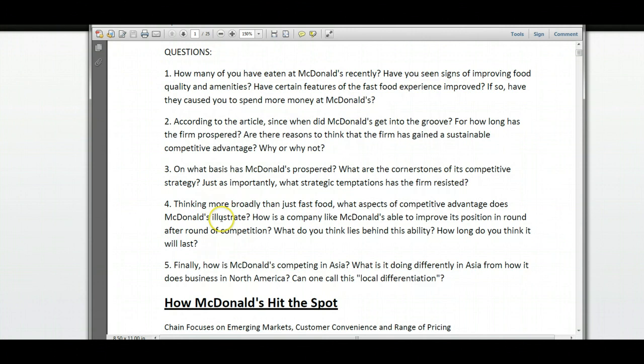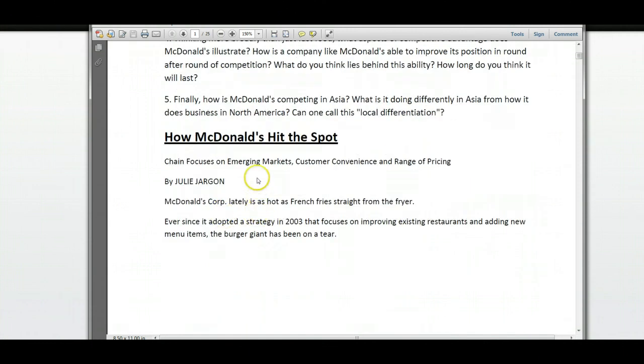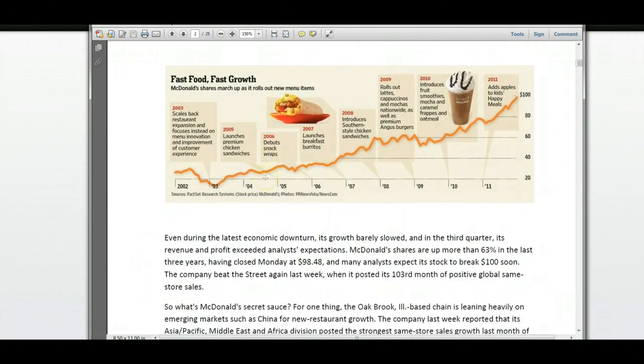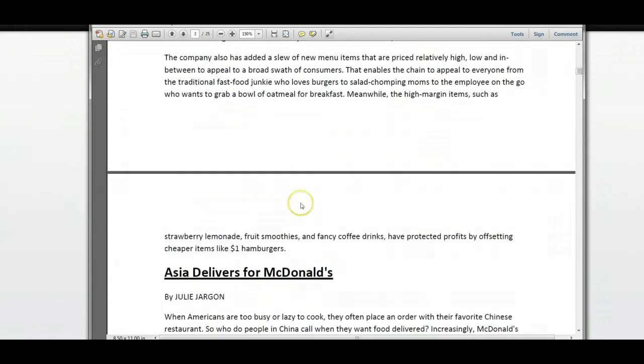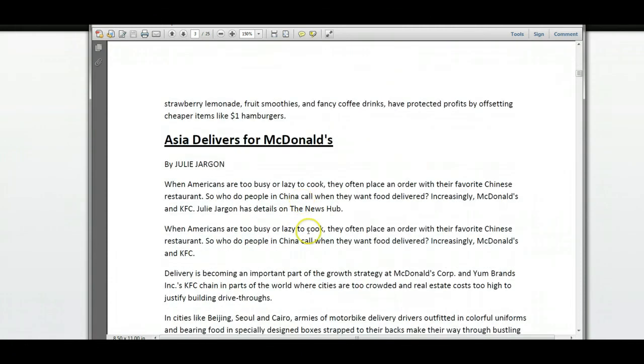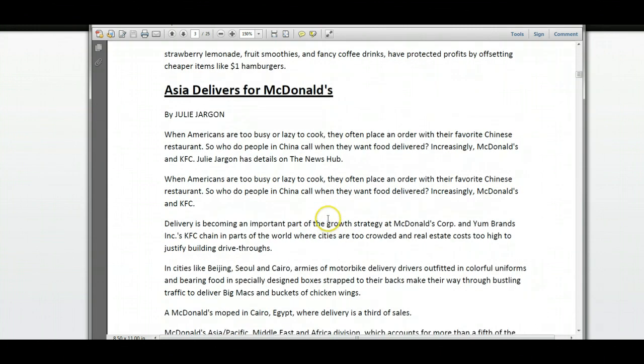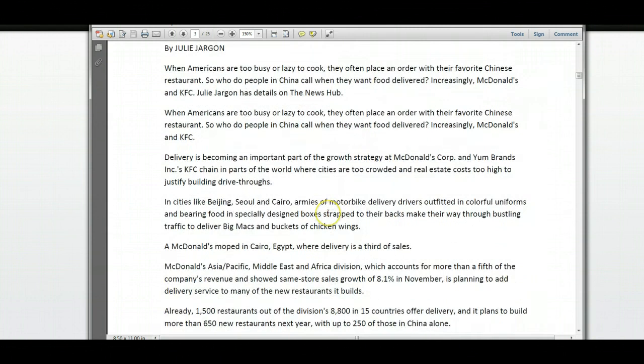And there was one article, if we look at the articles, in this article, "McDonald's Hits the Spot," they do a nice overview of the different products, when they were introduced and how successful they were. And they're talking about McDonald's doing delivery in Asia, something they definitely don't do here, and how it's becoming an important part as they look to other companies like KFC that have really expanded in these foreign markets. They want to be a part of it, and they want to maintain